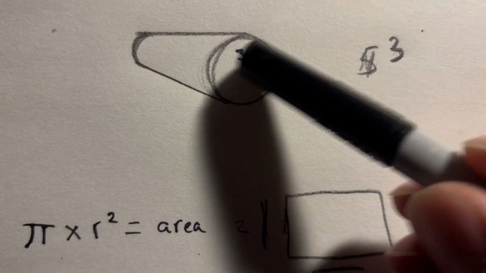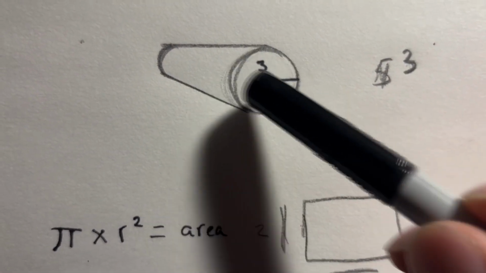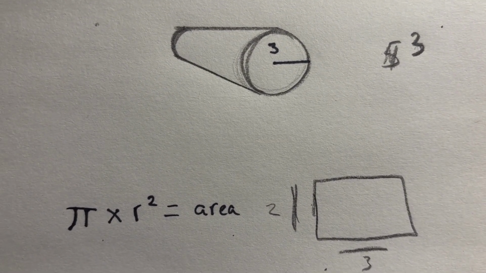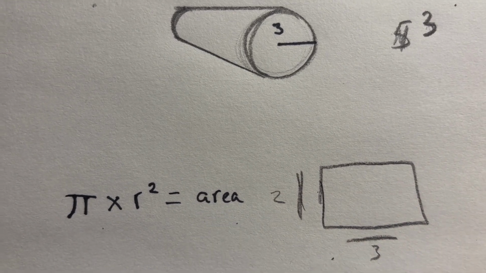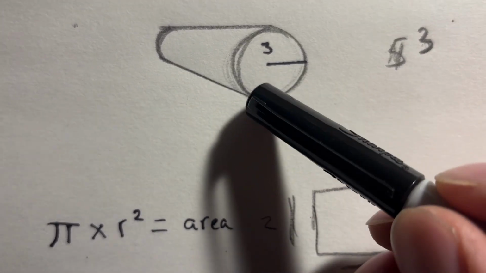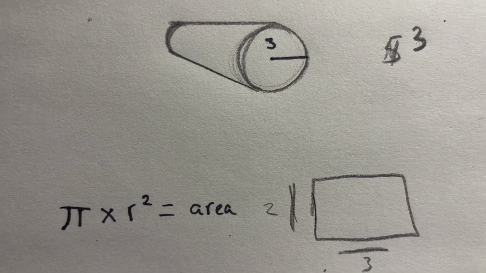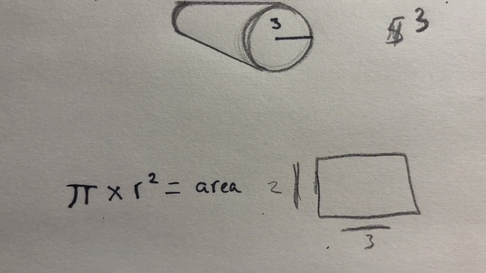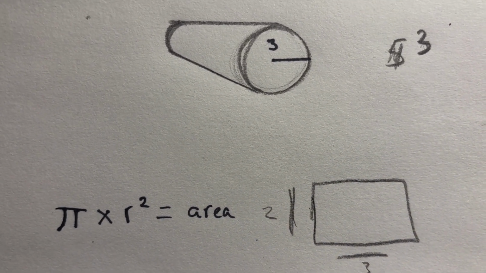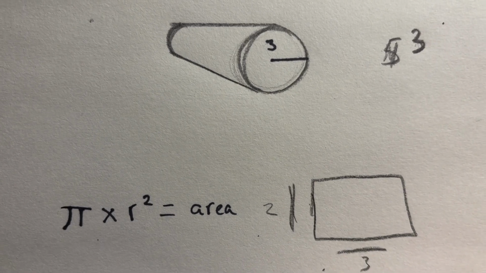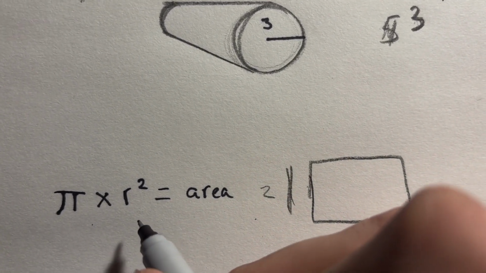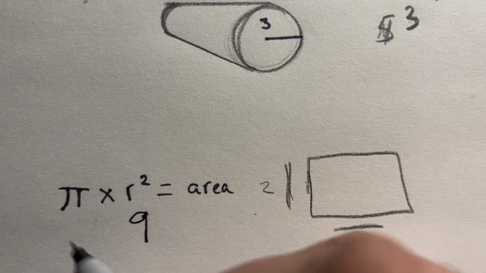Do a circle in 3 dimensions, which turns out to be a, what was that? A cylinder. So here's the formula, same formula to figure out the area, because we're going to figure out the area first and then multiply it by the width. And since it's a circle, that's the formula for the circle. Pi times the radius squared equals the area, and that's what we got to figure out first. So the radius is 3 squared. 3 times 3 is 9. So we got this times pi, which is